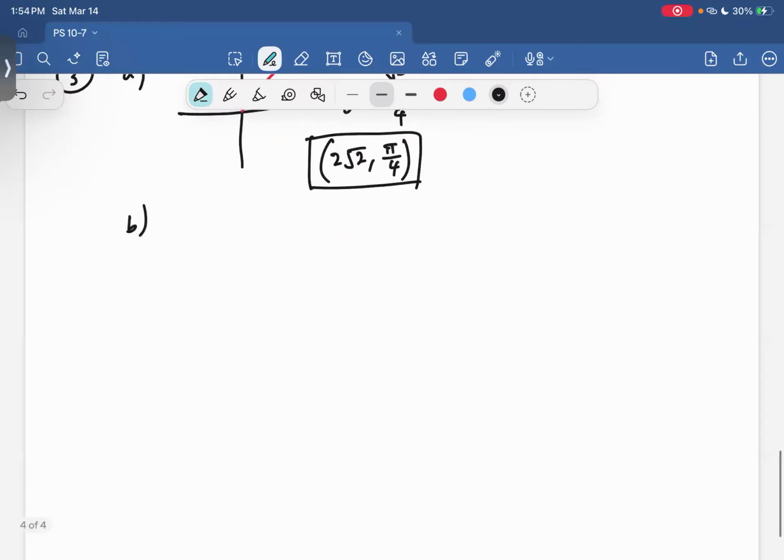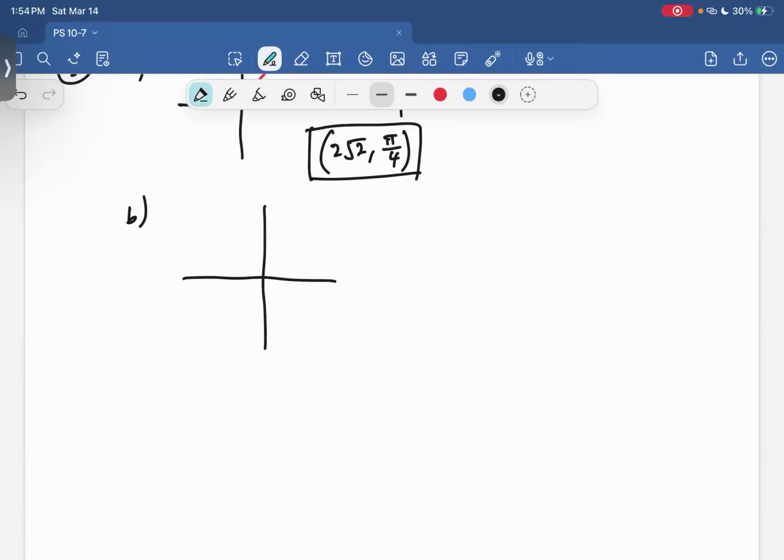Next, we have negative 4 comma negative 4. So it's this way, right? And so here, our radius is 4 root 2, because that's a 45, 45, 90 triangle, and our angle is 5 pi over 4. You could have also had different angles, like negative 3 pi over 4, or 13 pi over 4. You could have also done pi over 4 with the negative 4 root 2 radius, so